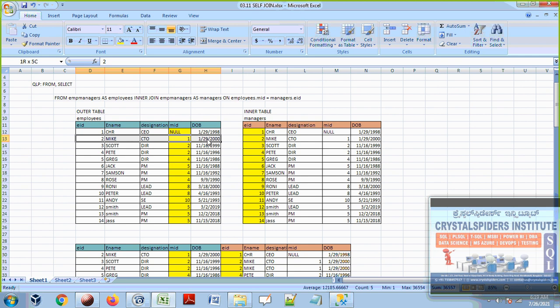And here, this is MID 1, and this one is matching with CHR. So this record is going to join with this record. Here Scott, 2, this 2 is going to match with this 2, MIC, and in a similar way PT is going to match with the 2, MIC. And Greg is going to match with the 4, PT, so join this Greg with this PT. See that wherever these IDs are there, these IDs are matching with these employee IDs, and we join those records.